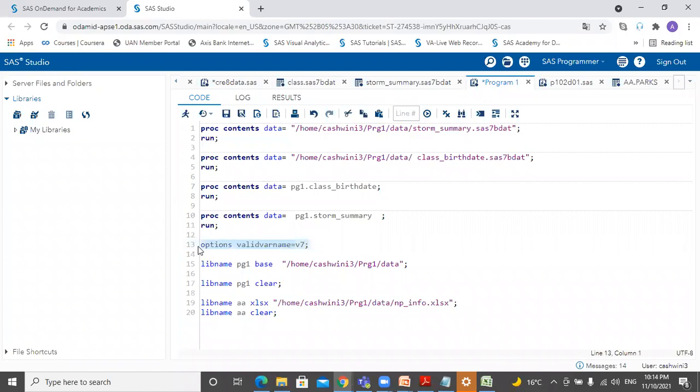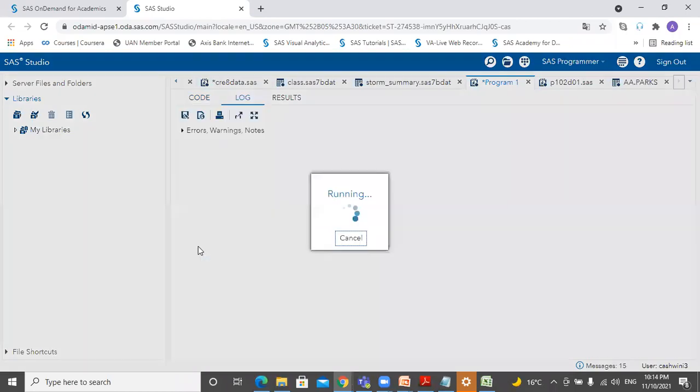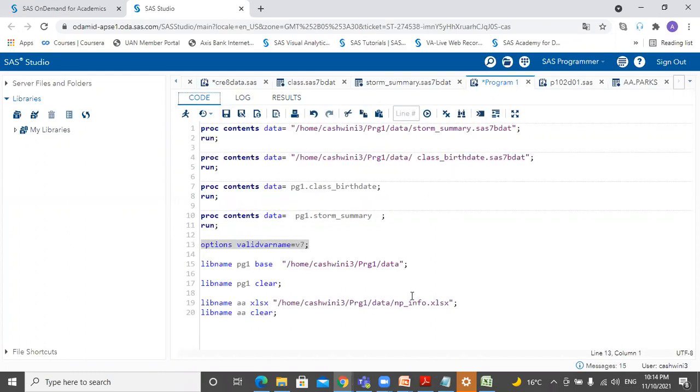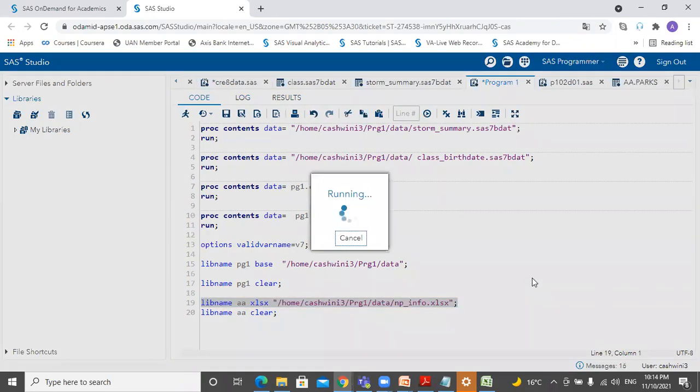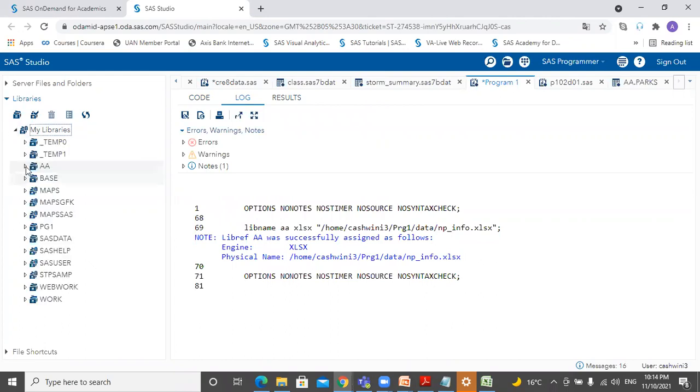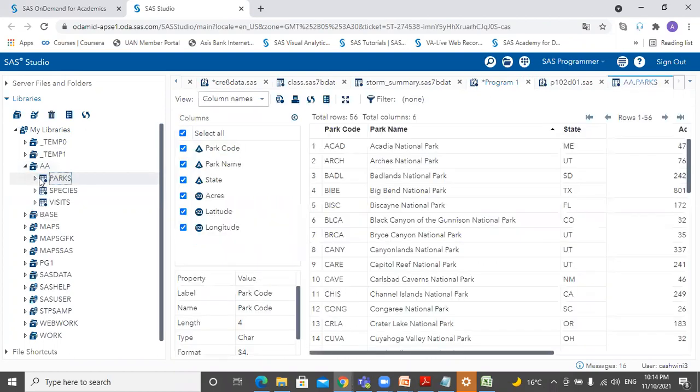So I submit this option so that it is in effect throughout my session, and I submit this libname statement. Okay, so its library is created. So let's check within this AA for parks.